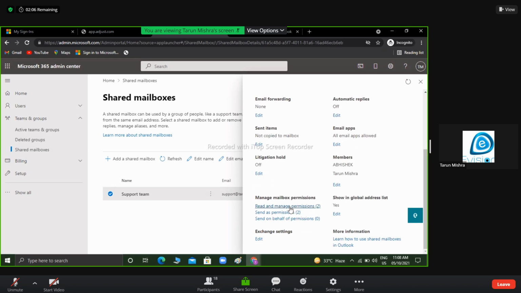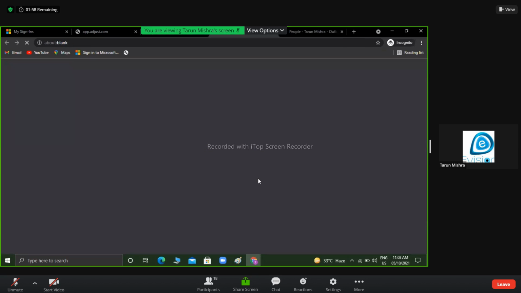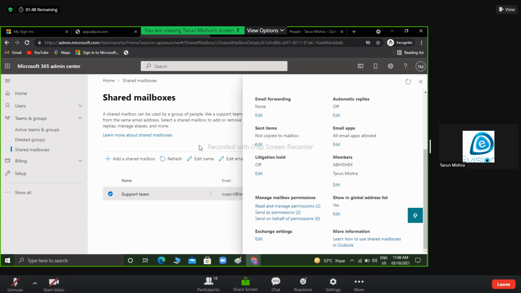Read and manage permission. Exchange state. Right. See, actually now I have created a shared mailbox. Okay, it's taking a time. I think for 24 hours, something is taking a time.